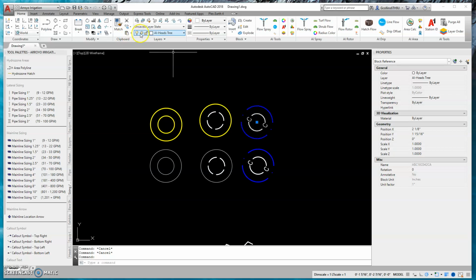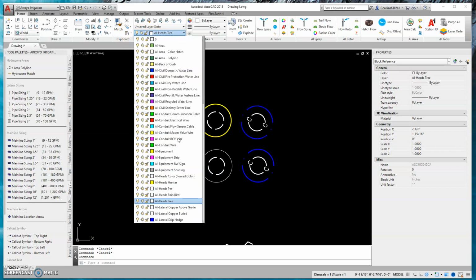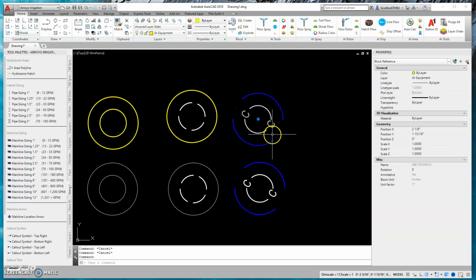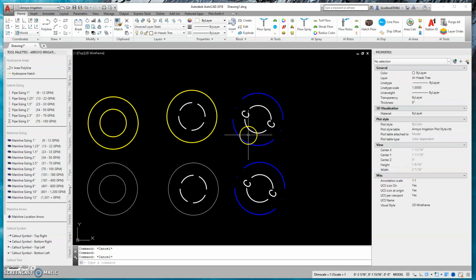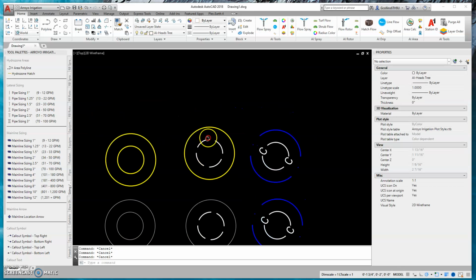And then here, when we put it on, even though it's on that layer, because each item inside that block is already on a layer, even though it's on the same equipment layer, it will not change its aspects of it. So you have to think that when you're creating the blocks, if you want, I almost think of blocks